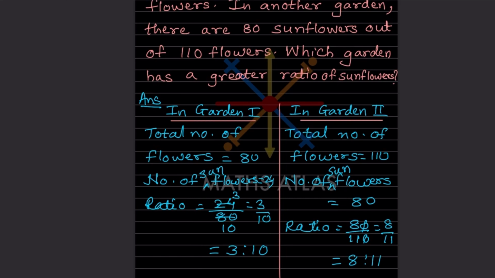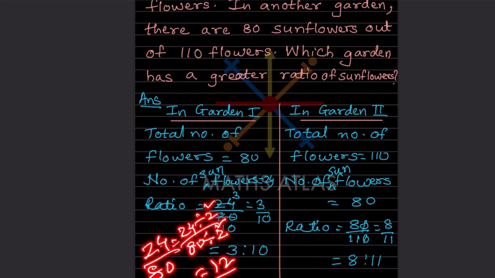And when you simplify this, what do you get? This is divisible by 8: 8 threes are 24 and 8 tens are 80. Or if you don't know directly, you go with the lowest number, that is 24 divided by 2. What you divide, the same number will be divided. If 2 here, also 2 there. So that will be 12 by 40. Again, this is divisible by 2. So that will be 6 by